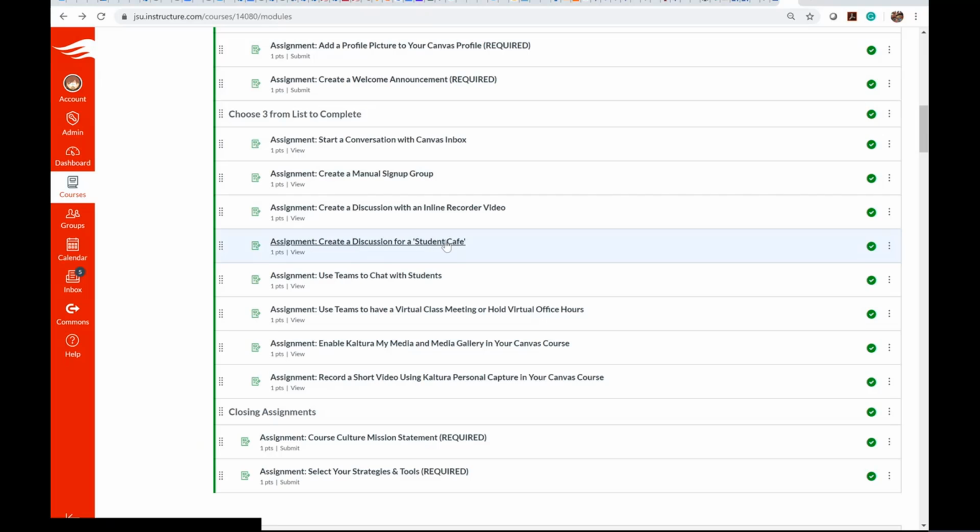One of these is the student cafe. I think every online course should have a student cafe discussion board or a water cooler discussion board or whatever you want to call it. Maybe you want to call it something that's more relevant to your content field or content area. I mean, whatever you want to call it. But the point of this discussion board is to create a safe place for students to talk to each other and ask questions. And in every single online course that you teach, students should feel safe and comfortable to talk to each other in that course.